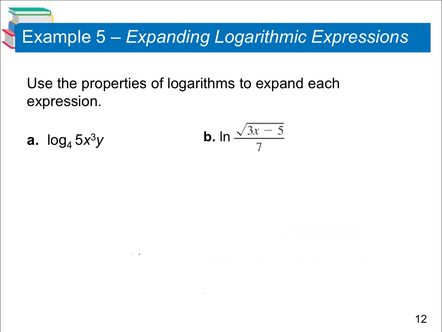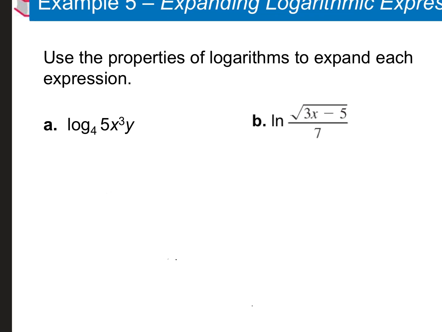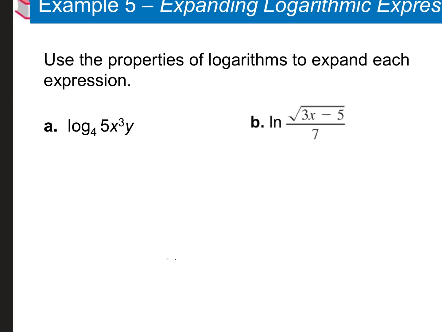Your next section tells you to use the properties of logs to expand the expression. So with these, you're rewriting multiplication using addition and division using subtraction. Remember, powers go to the front. So for A, you have log 4 of 5x cubed y. We have multiplication here and here, so we're going to separate using addition. So remember, you're going to keep the log 4 with every term. So we have log 4 of 5 plus log 4 of x cubed plus log 4 of